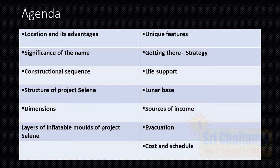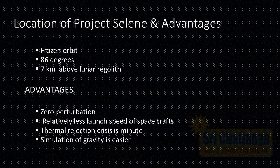Here we have Project Selene's submission video's agenda. Location of Project Selene and its advantages. Project Selene will be located in the lunar frozen orbit, having an inclination of about 86 degrees, and would be located 7 kilometers above the lunar regolith. Among the many locations we have found, 86 degree inclination and 7 kilometers above the lunar regolith has proven to be more advantageous